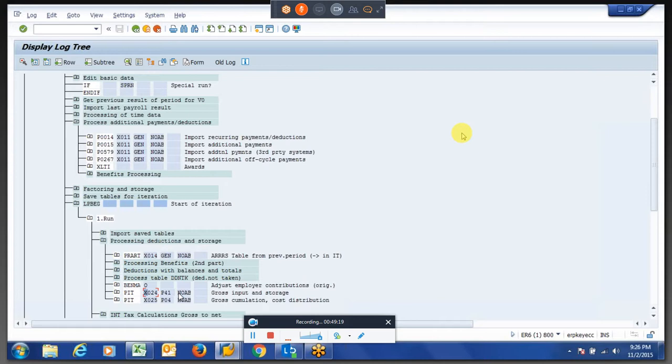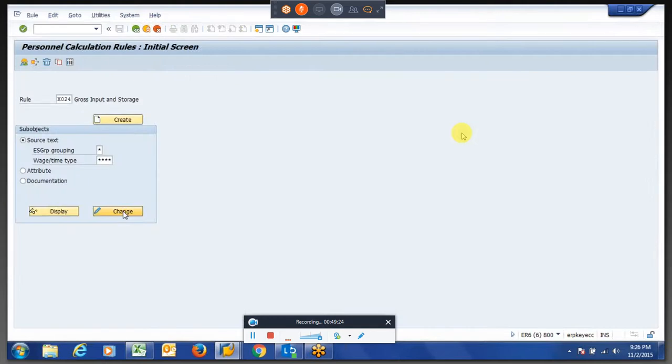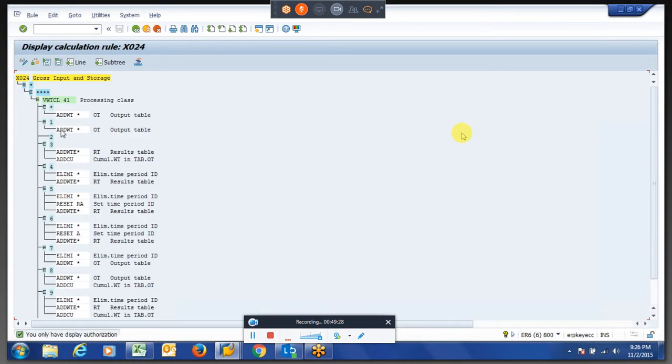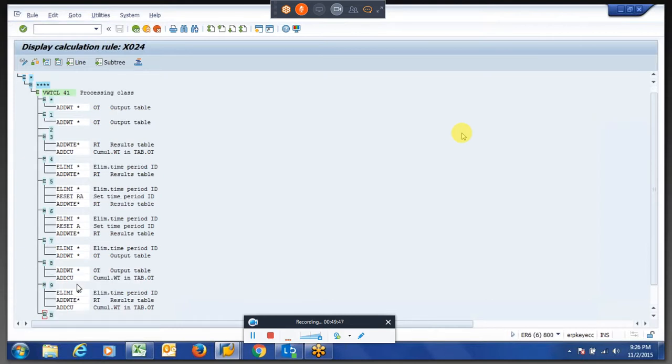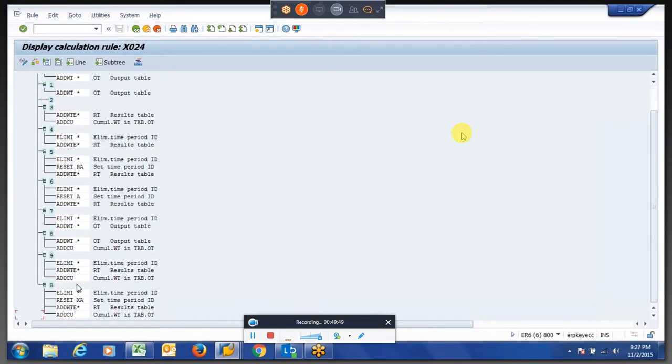We'll see what it was doing. So I think 8 will do for us. So ADDCU, it will accumulate the things to the relevant tables. So we will see what will happen. 8.